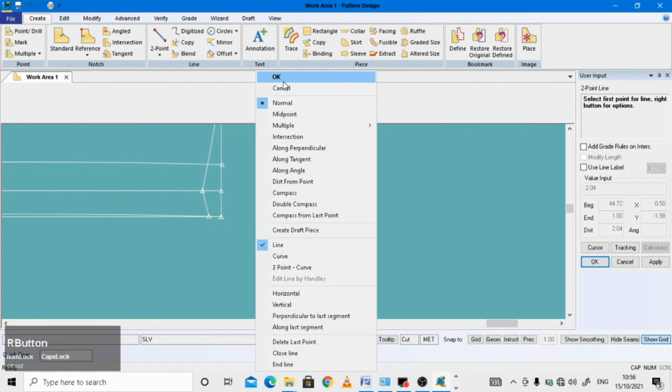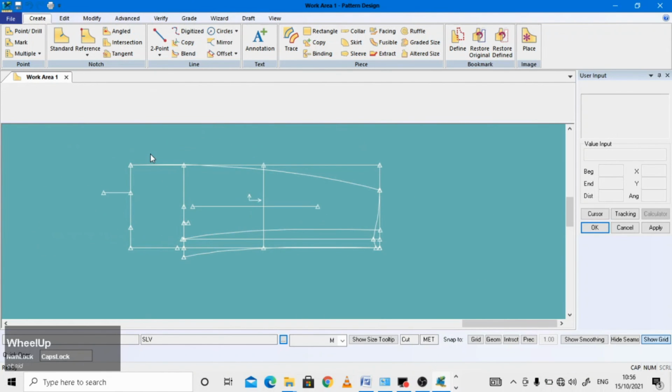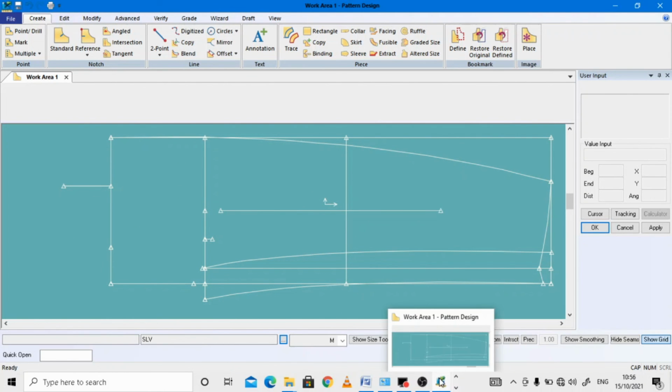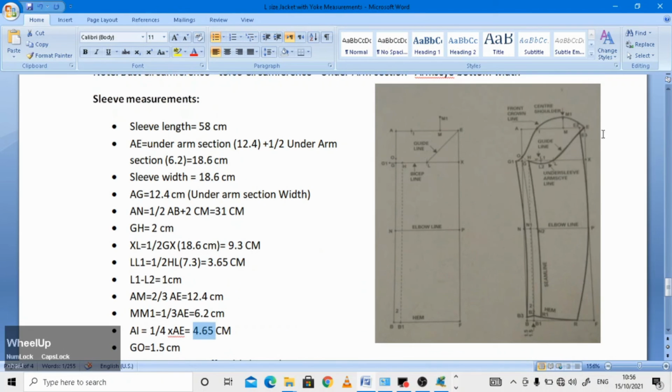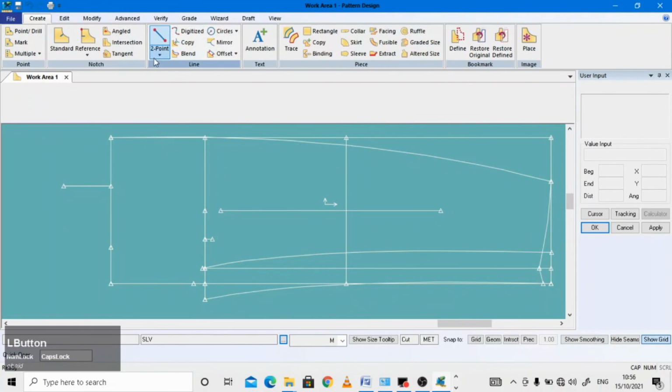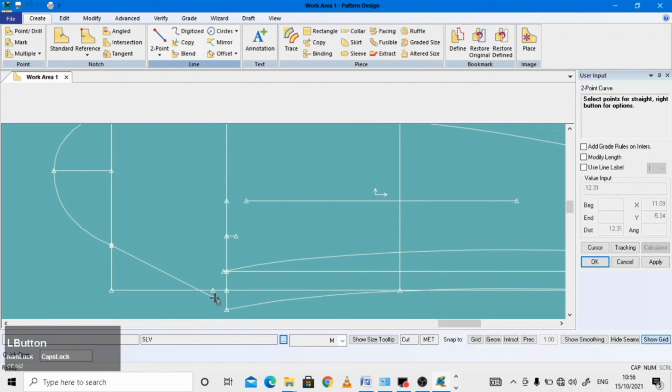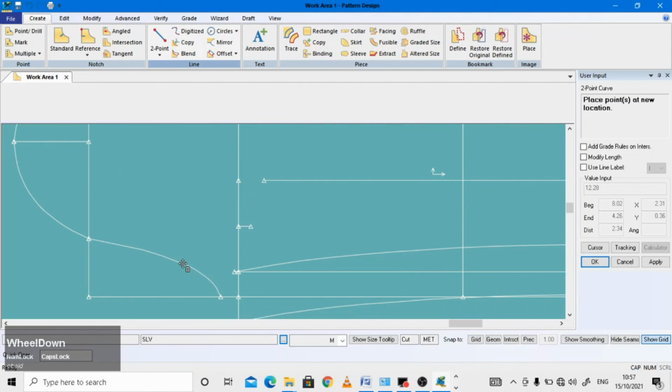and hit the enter button, right click, and now we have to draft the armhole curve for the sleeve portion. As you can see in the technical diagram, we have to draw like this. So just go 2-point curve and come to this endpoint, and we have to provide a curve shape like this. Similarly, we come to this endpoint, and like this we provide the shape to this piece also. Here we will give a little bit of curvy shape,